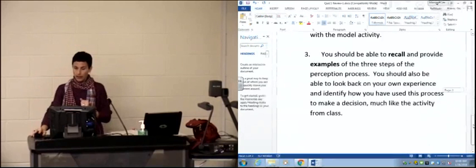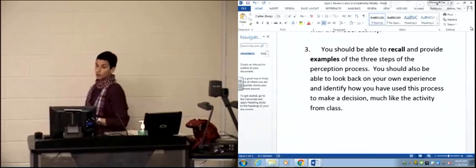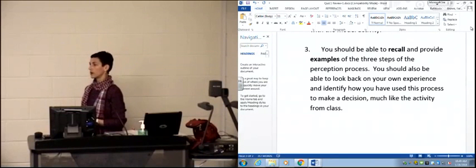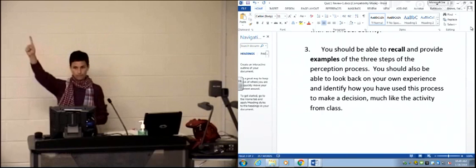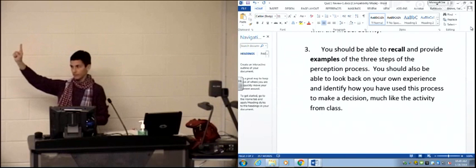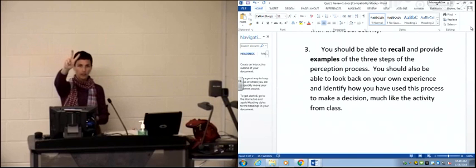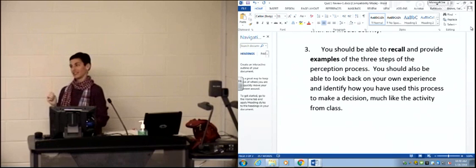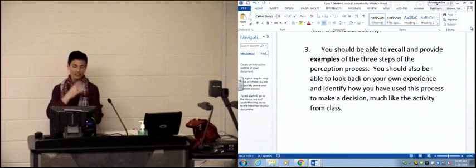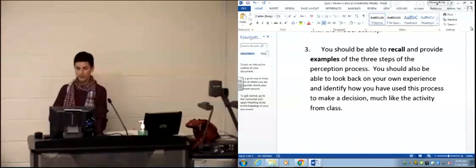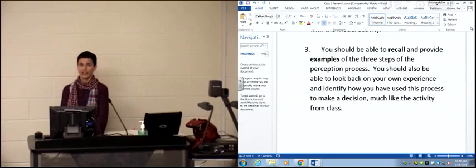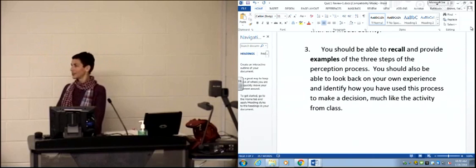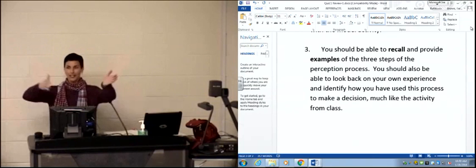Lastly, you should be able to recall and provide examples of the 3 steps of the perception process. So our 3 steps are what? 1 is select. Select, very good. 2 is organize, and 3 is interpret. Yes, very good. And it's not meant to be tricky, but sometimes if there's one thing on this quiz that people forget, it's that one. It's the select, organize, and interpret. So I'm telling you now, don't forget, select, organize,